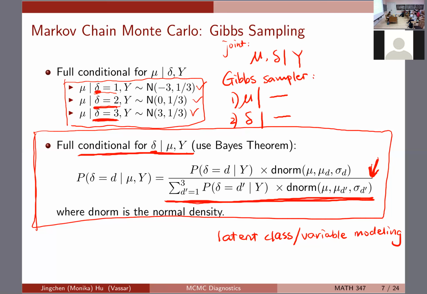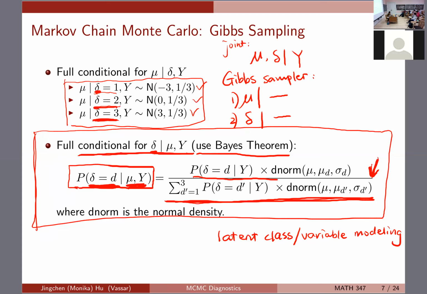So in order to decide the full conditional for this latent class, we're using Bayes' theorem. So look at this. This is trying to determine the probability of delta equals D, where D is 1, 2, or 3, given the mean and the data. You can think of it as which latent class it comes from, or which component I should sample from. It's really evaluating